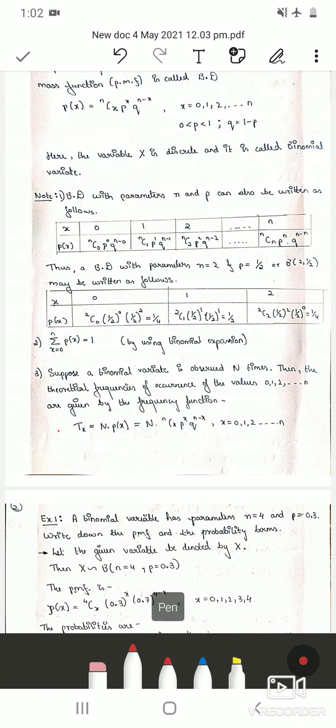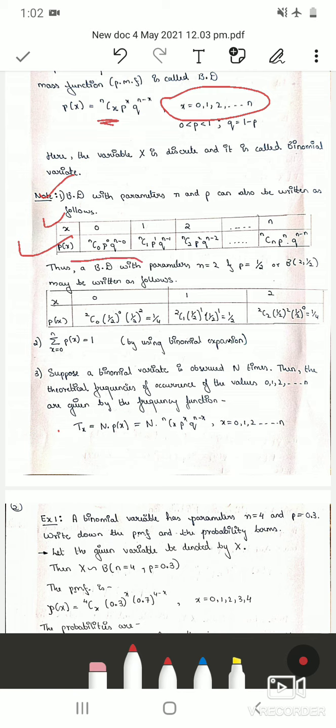So we will see how to write the binomial distribution PMF. So we know binomial distribution. I'll be writing binomial distribution as b.d., but you guys write it completely, which is binomial distribution. So binomial distribution with parameters n and p can also be written as, so here p of x is the PMF. We will substitute the values of x. So we know x lies between 0 to n. Here wherever you have x, substitute values as 0, 1, 2, and so on till n.